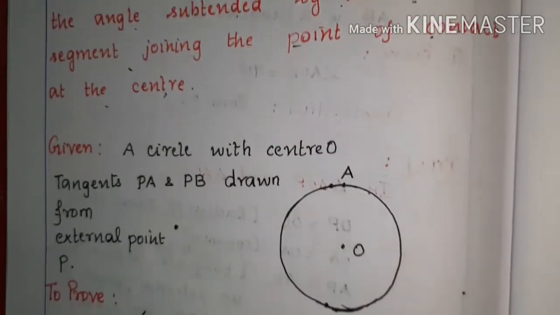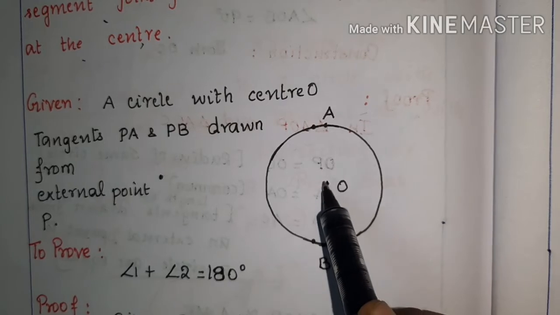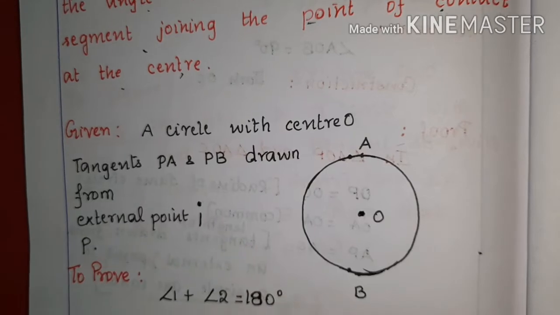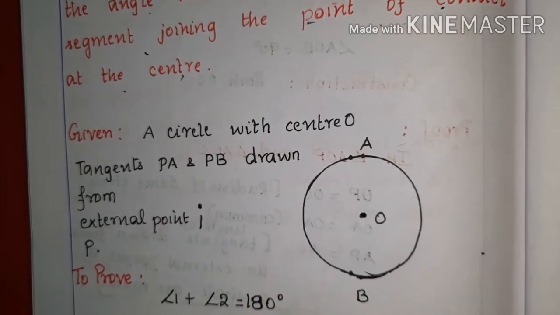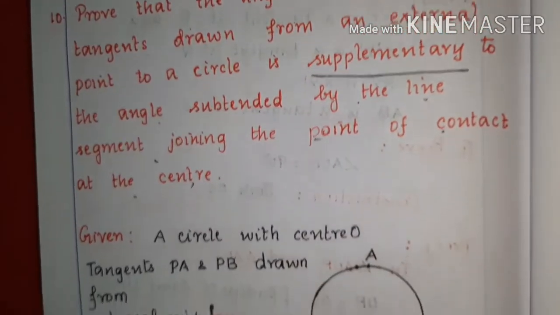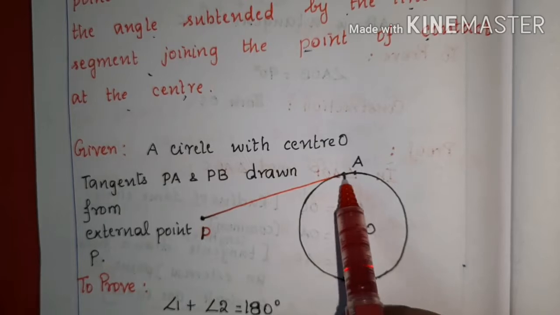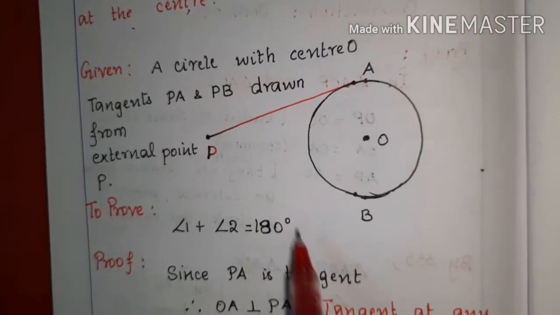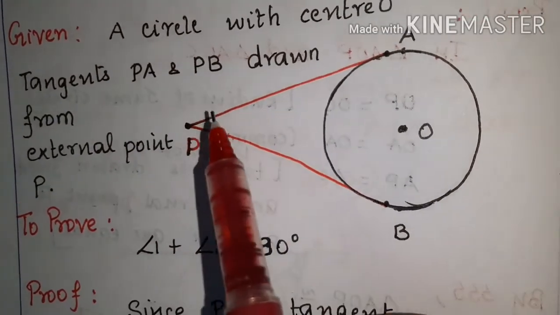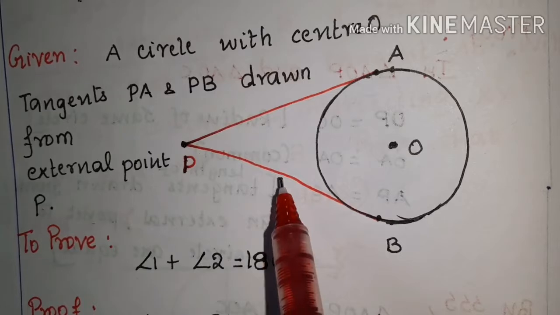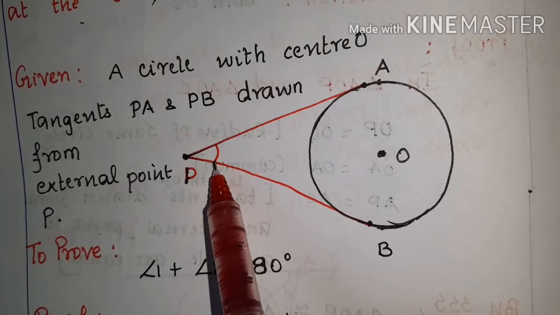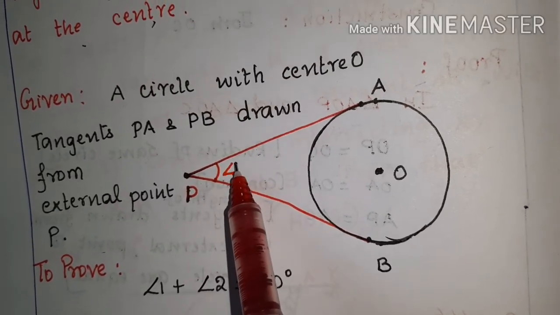Suppose there is a circle drawn here with center O. This is the external point P, from which we draw the two tangents. It's possible to draw two tangents, isn't it? This is one tangent. You use the scale and pencil and draw the figure. So this is another tangent drawn. So it is possible to draw two tangents from the external point. This is the angle inclined between the two tangents. Let me number it as 1.